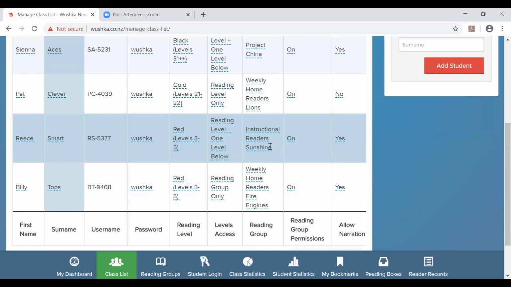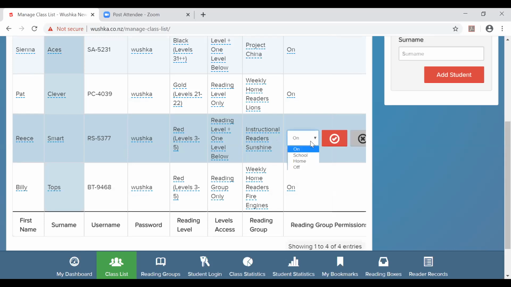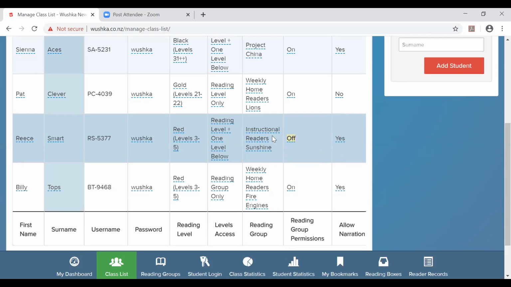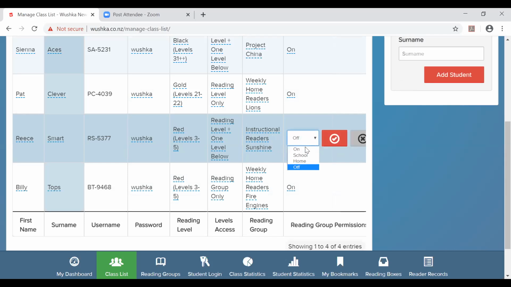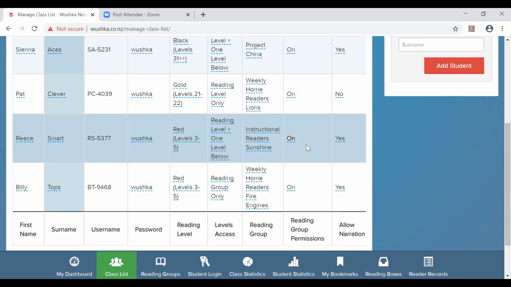Another reason that you might want to set up reading groups is for instructional purposes. You might want to put in unseen readers for assessment or instructional learning reasons, and actually control those readers not to be seen until you need to Zoom with your students and have that session. And then just before the session, you can turn those on so that the student can access them. You can have that instructional reading group experience or the assessment.